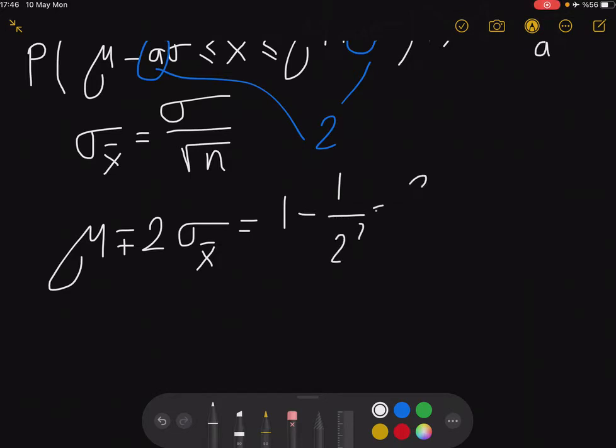At least 75% of arithmetic means will fall within this range,